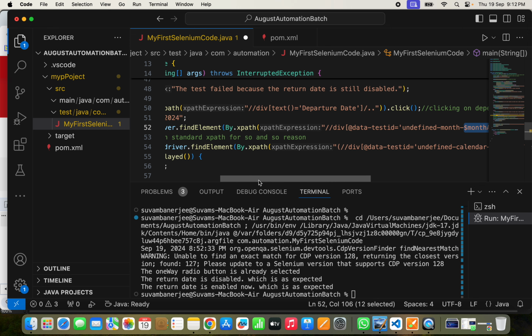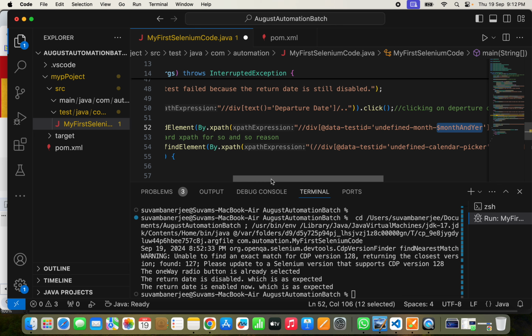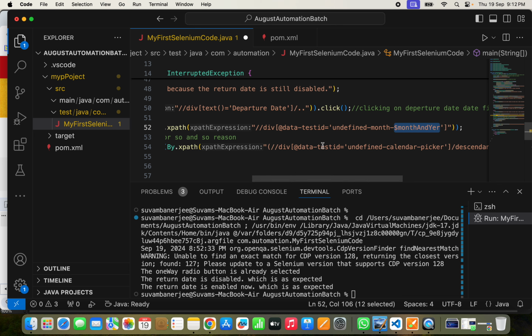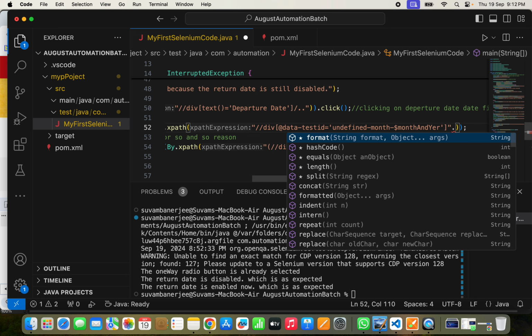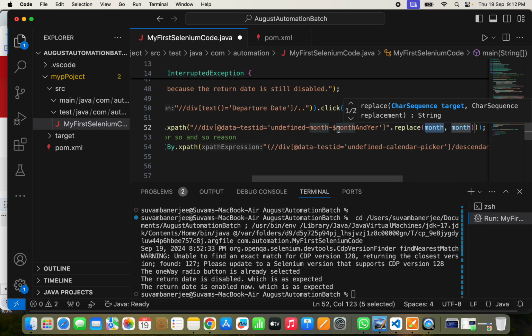How? See, this is your driver dot find element by xpath, and here xpath dot replace dollar month and year